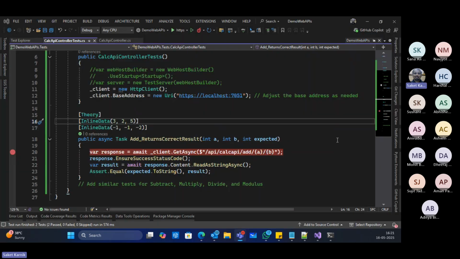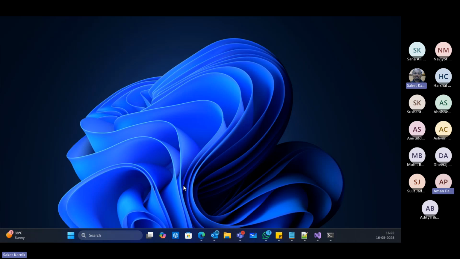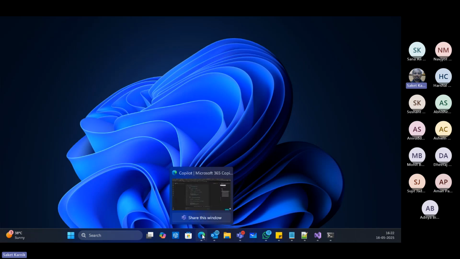Yes, Aman? It's regarding the subscription plan for GitHub Copilot. Can we take it on our personal ID and use it in our professional work? Yes, you can. Just that your organization needs to permit that.